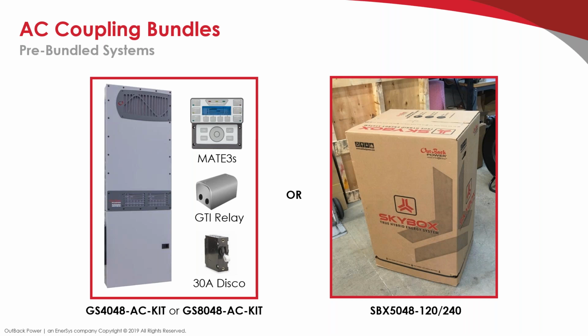So we have some pre-bundled packages. With Skybox, there's nothing special in terms of hardware. It's just what you buy with Skybox is all you need for AC coupling. With the Radian, you have everything that you get here. And now we have